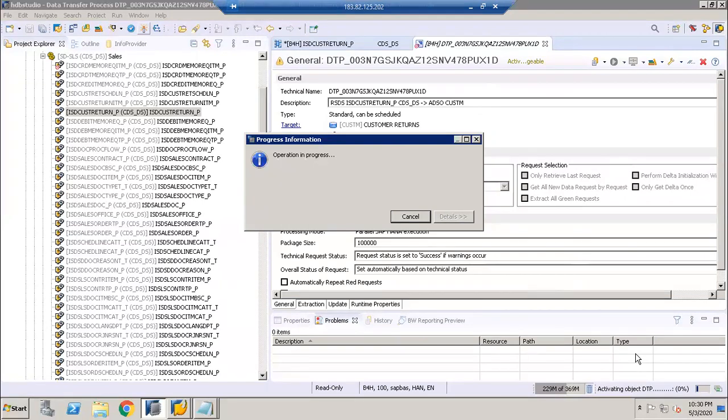It will take a couple of minutes, because we have selected all the fields from the data source, that is, from the CDS fields.